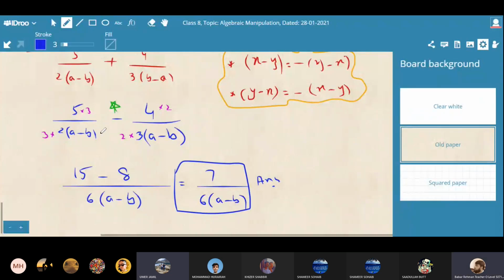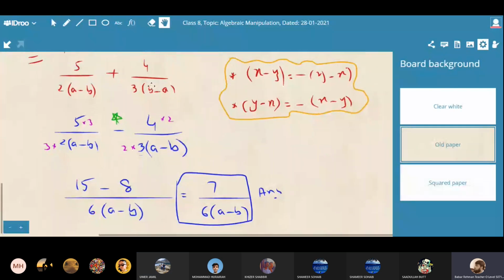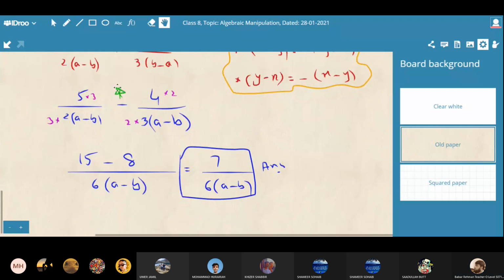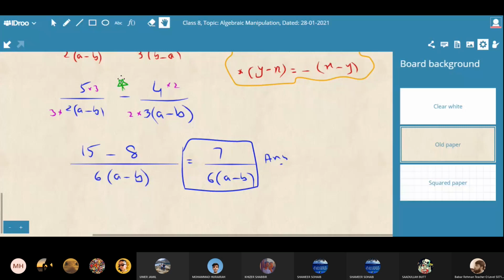Minus b. So it will become like question number 1. When I take the common negative and make the same denominator, then it will automatically become question number 1. So don't worry about it. So the part is done, and almost the same things are there. In the same way, the rest of the parts are there.